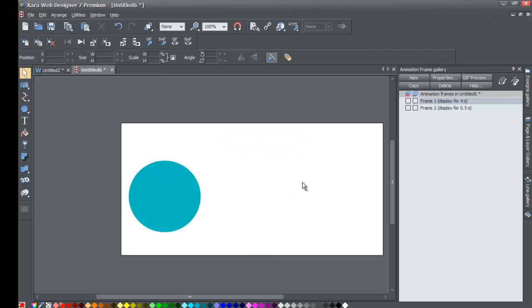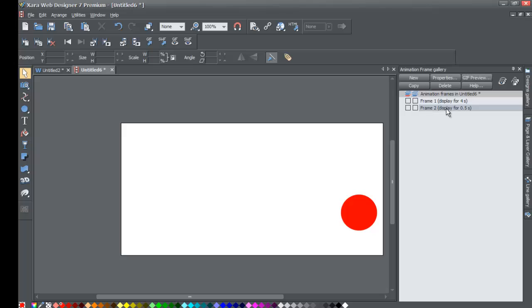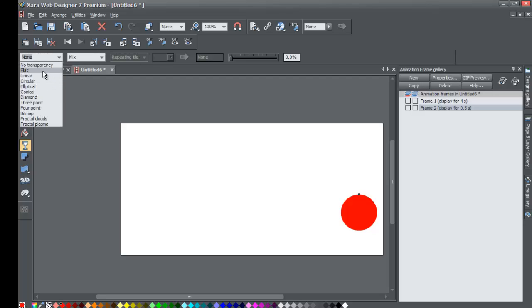But before I show you how to do that with text, I'm going to show you something else that you can add to your animation. Let's go to frame 2. So make sure you have frame 2 selected, and let's select that red circle by left clicking on it, and then go to your toolbar to the transparency tool, and under your transparency type or shape, we're going to select flat,